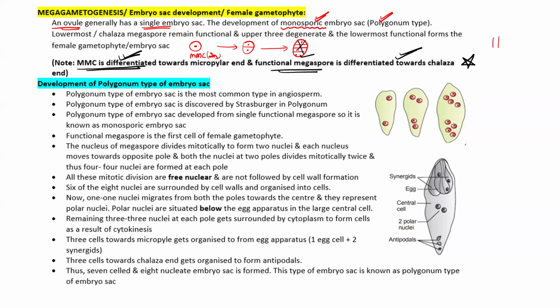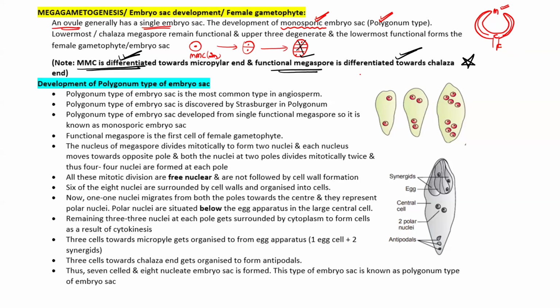And please remember, as we studied in the previous video on the types of ovule, you can check it, Polygonum has an orthotropous ovule. Orthotropous ovule means the micropyle is here, the chalaza here, and the funicle here. So we have to assume in our explanation that the micropyle is up. I'll show you through the NCERT also how they are showing it.